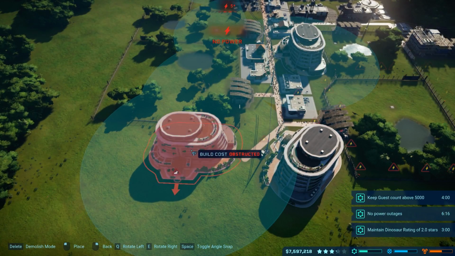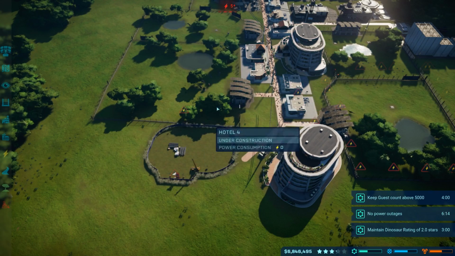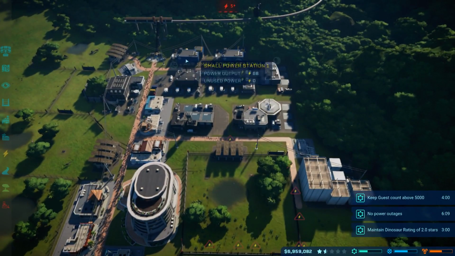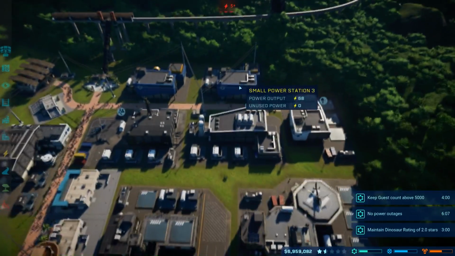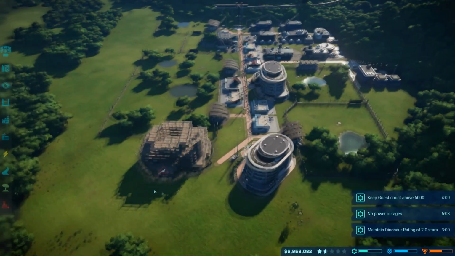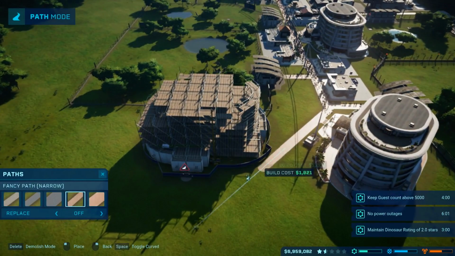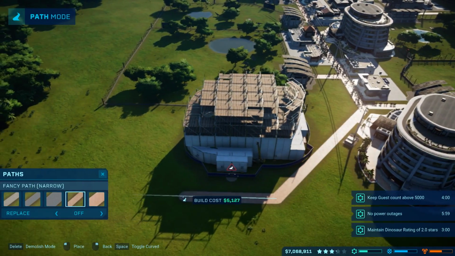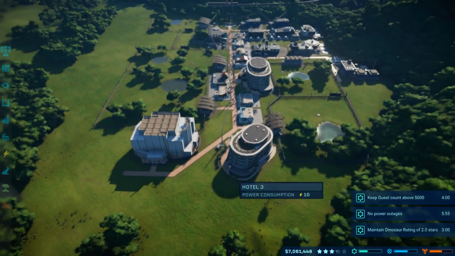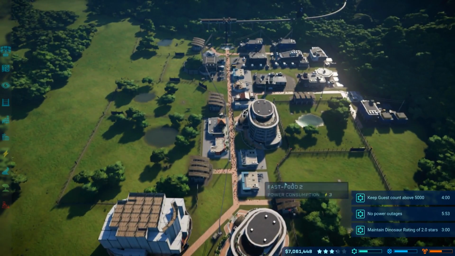So this hotel, fairly obvious placement. I wanted to keep them very, very close to the exhibits so that they can extend their maximum viewing range. As you can see, all my 3 hotels have some sort of viewing range. The one on the bottom right there is a bit weird because it's only seeing into the Baryonyx right now, but